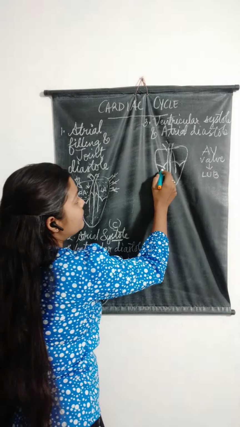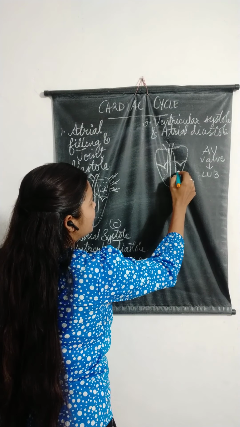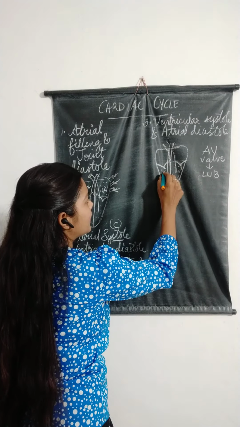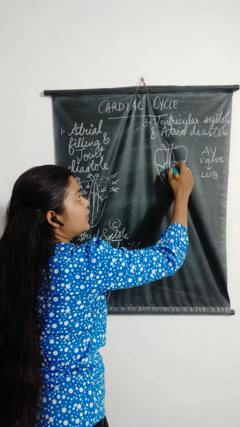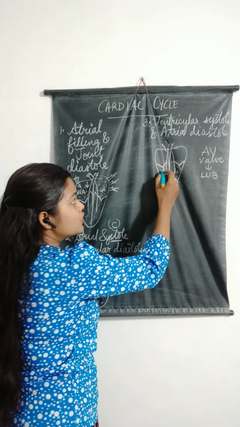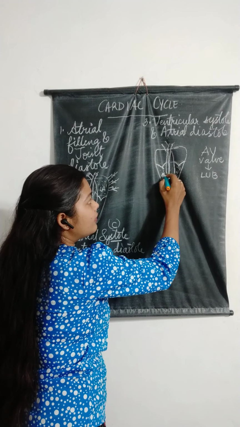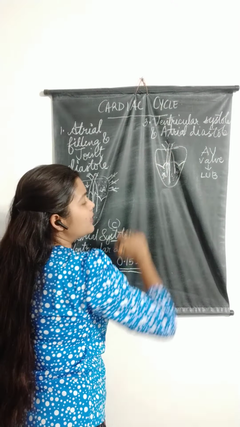Now the blood which has entered over here in the ventricles is giving rise to higher pressure here in the ventricle. Now this will permit the blood to enter into the blood vessels. Since the AV valve is closed, this pathway is closed. So blood will move into the ventricle. From the ventricle, it will move into the blood vessel.